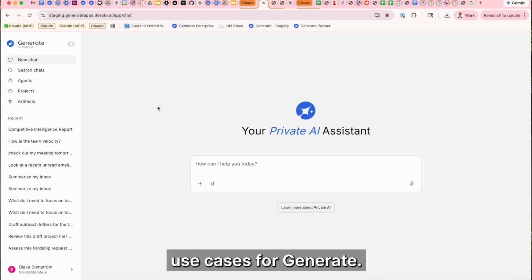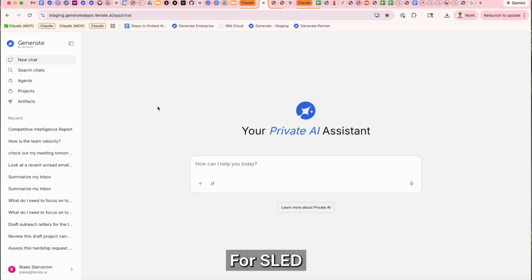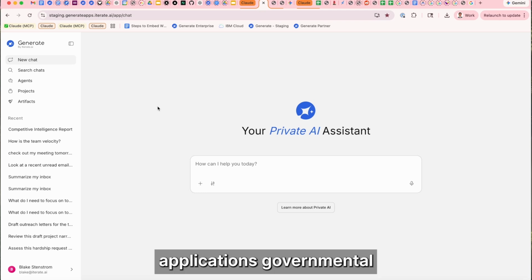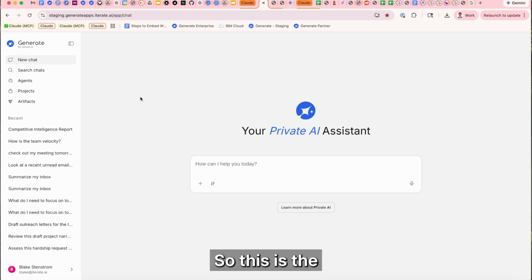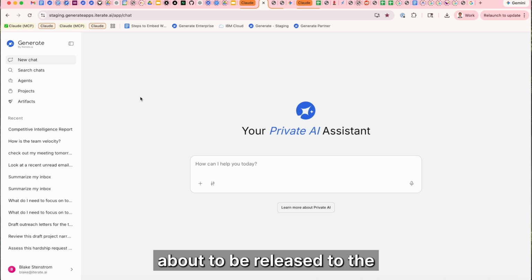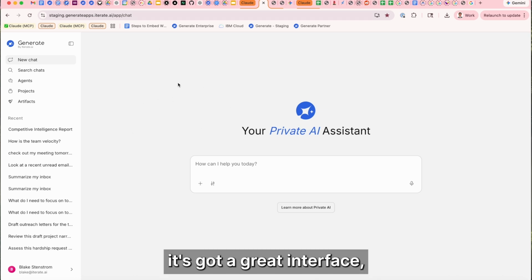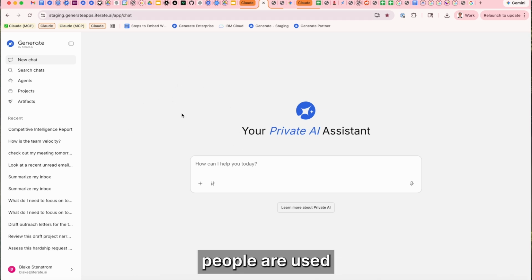Here demoing some of the use cases for Generate for SLED applications, governmental applications. So this is the Generate platform. This is the new version about to be released to the public. As you can see, it's got a great interface, very similar to what people are used to these days in